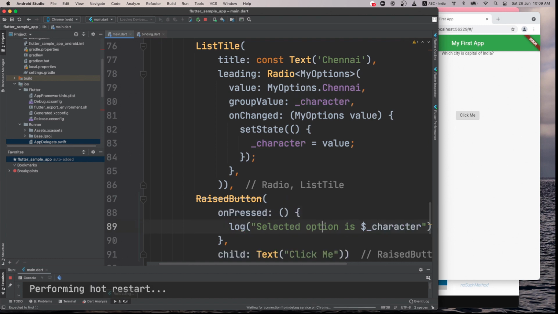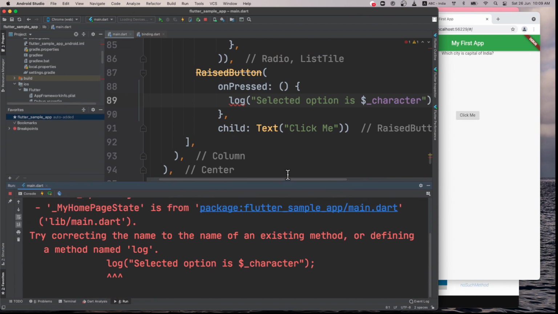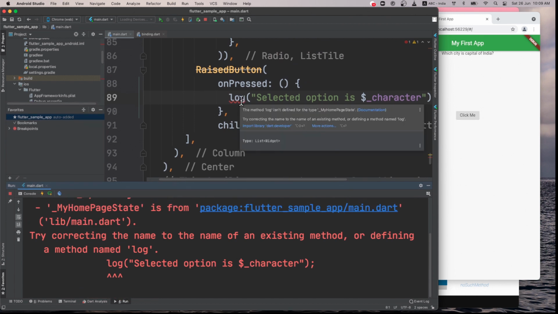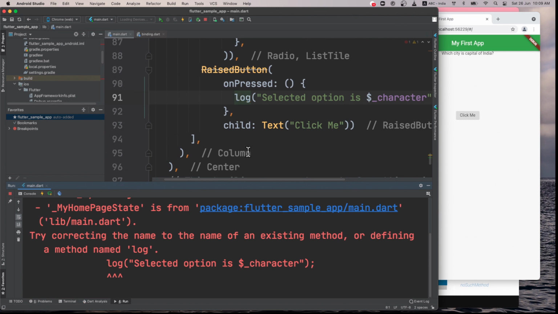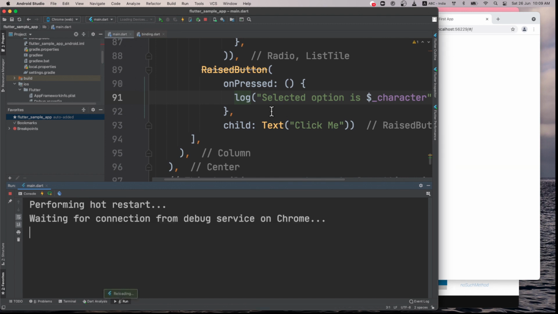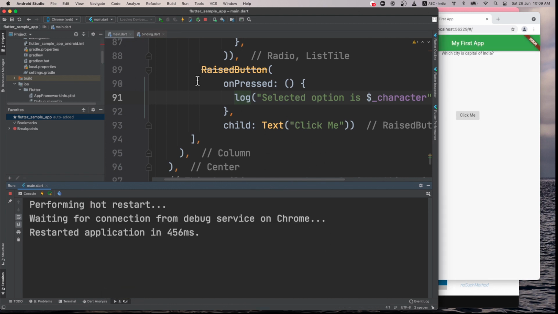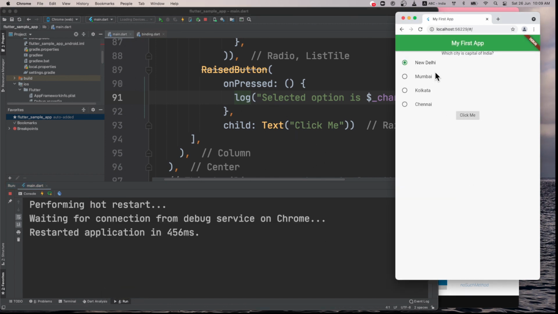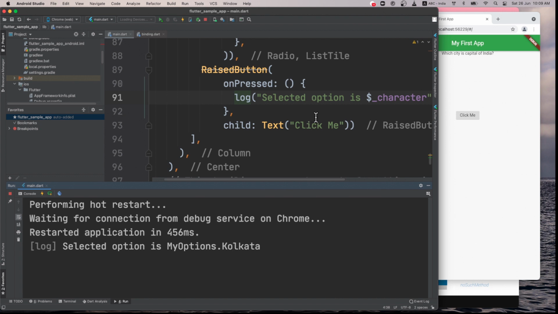And I saved it, failed. It says log is not there because it has to be imported. My smart import optimization is enabled, so as soon as it doesn't need any import, it will delete it from my code. You can disable that from your settings. So if I click on Kolkata, it's saying Kolkata is selected.